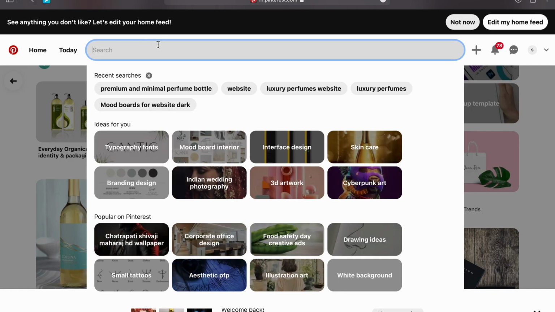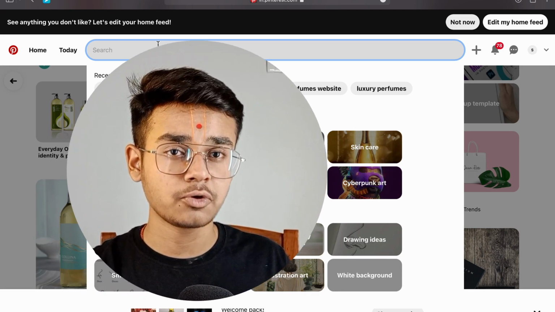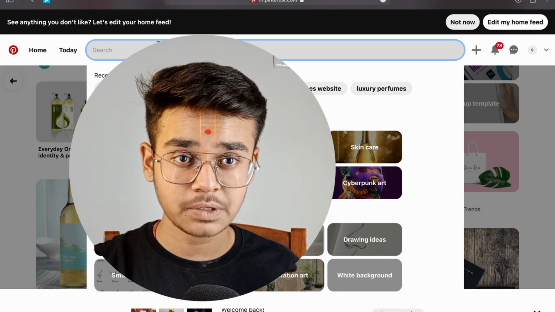So you can have a quick idea of how to create your own mood board, because if I share the whole process, it will take a long time. I think you are able to understand that. So we are going to have a look at a couple of examples of images, typographies, and also color palettes, so you can have a quick idea of how you can grab all the inspiration from Pinterest